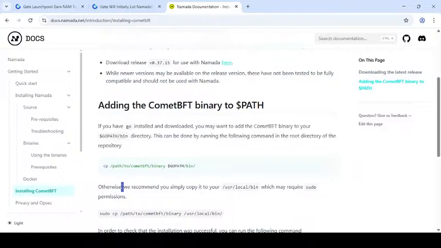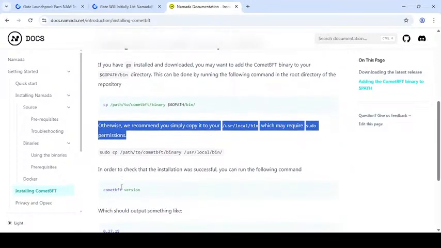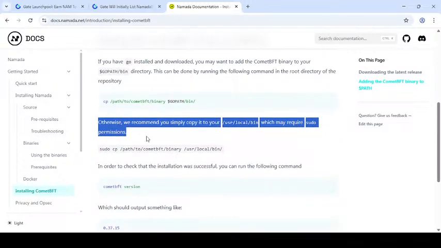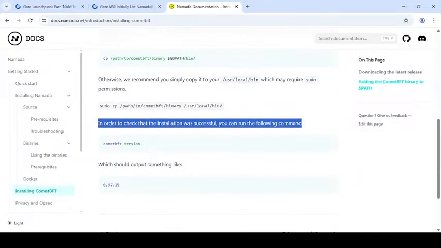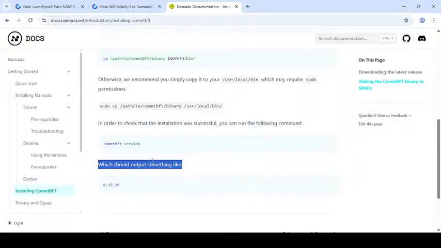But our viewers of Kubernetes can simply copy if you use locals, and commit the binary and use the commands.